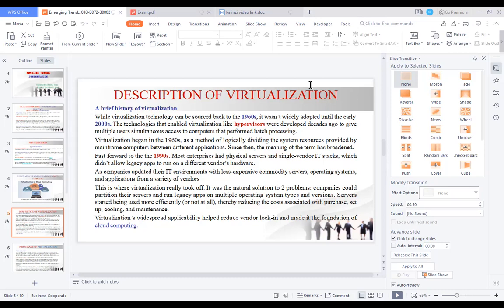And virtualization's applicability helped reduce vendor lock-in and made it the foundation of cloud computing.